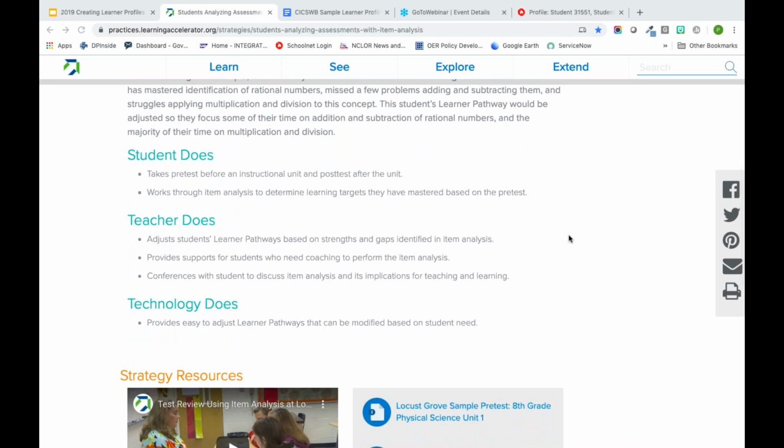So some things I really like about this article is that it has what the student does, what the teacher does, and what technology does, right? So we're talking about a student taking a pretest before you start a new unit of study. And then they look through their item analysis to determine where they are with that pretest, with the standards. And then the teacher can adjust their instruction based on what they have already shown or demonstrated that they have